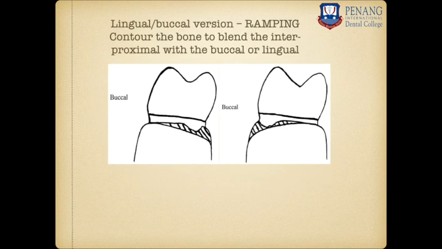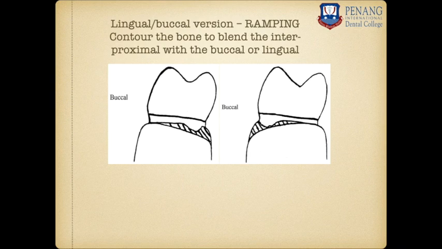The second resective osseous surgery modification is ramping. When we think about ramping, there is minimal bone loss which happens only on the buccal side or only on the lingual side, the interproximal bone loss which happens only on the lingual side or only on the buccal side. There is no point in flattening the entire bone and removing the entire bone.